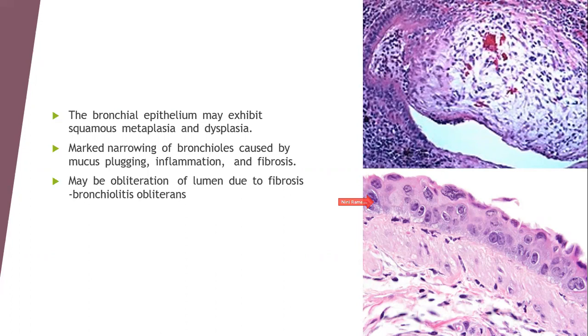So then the bronchial epithelium, not only will there be goblet cell hyperplasia, it can also exhibit squamous metaplasia. So where I accidentally put this pointer here, that is squamous metaplasia. You saw the lining before, right? They were columnar epithelial cells. These are squamous, as you can see by the eosinophilic cytoplasm. Then there will be marked plugging by mucus, inflammation, and fibrosis. Sometimes the fibrosis can be so severe, like here, that it will cause obliteration of the bronchioles. So this is called bronchiolitis obliterans.